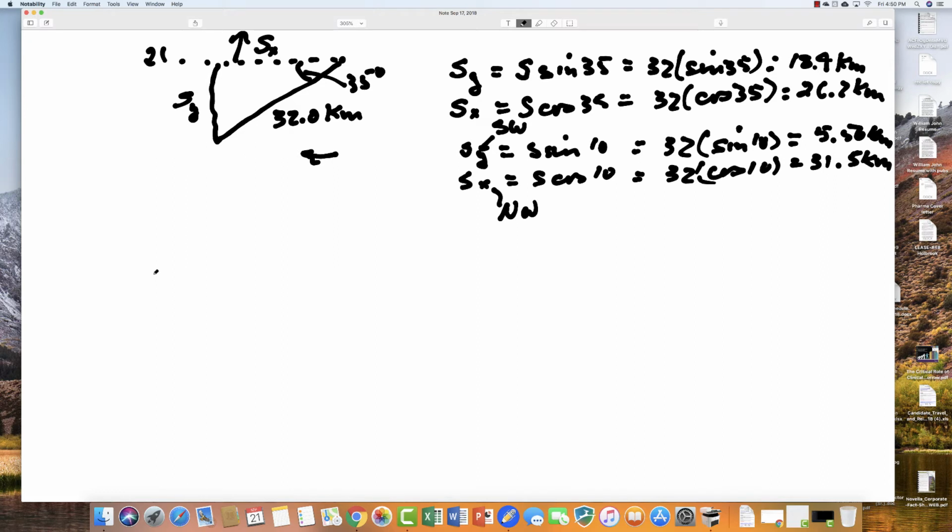Okay, let's move on to the next problem. Now this rotation is not something that I would do on a quiz or test, so don't worry about that. So if you got the first part of this problem right, then you got everything that you'd ever see on a quiz or test. Number 24 states that a pilot flies 40 kilometers in a direction 60 degrees north of